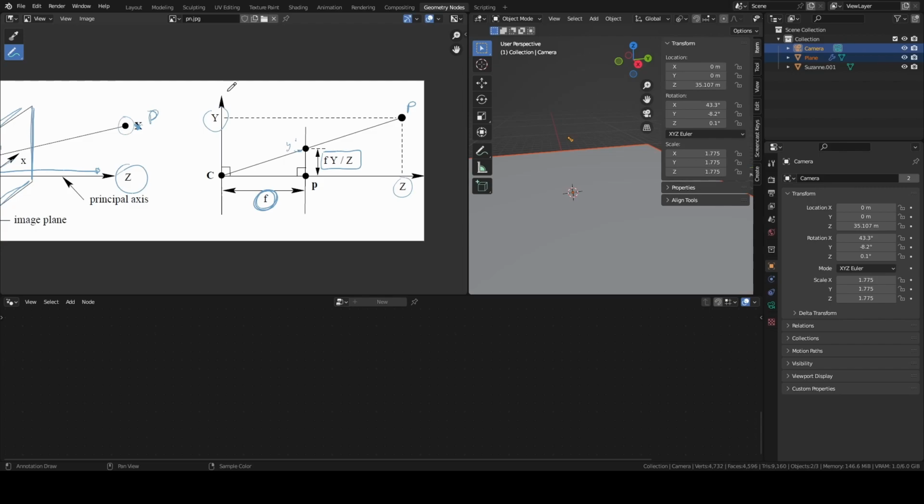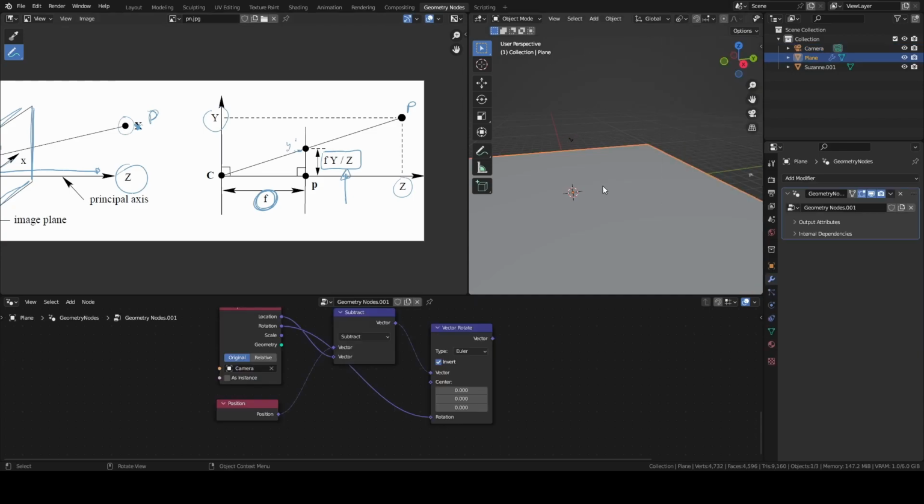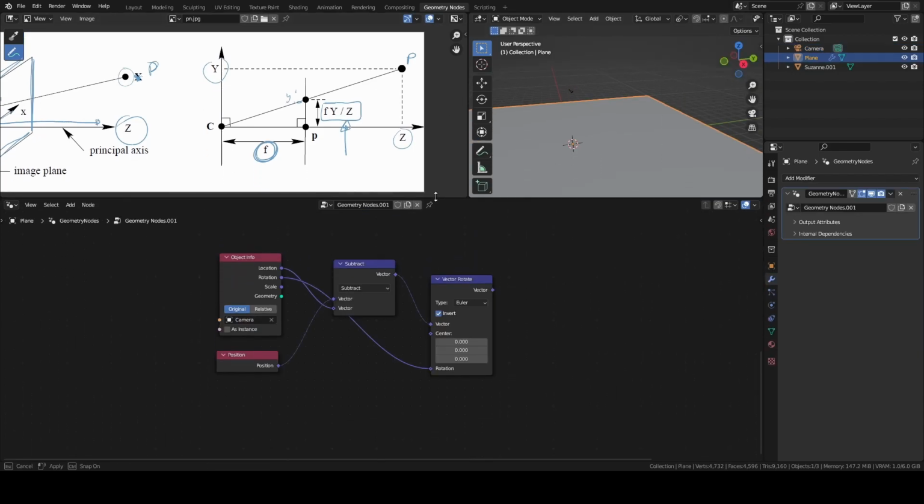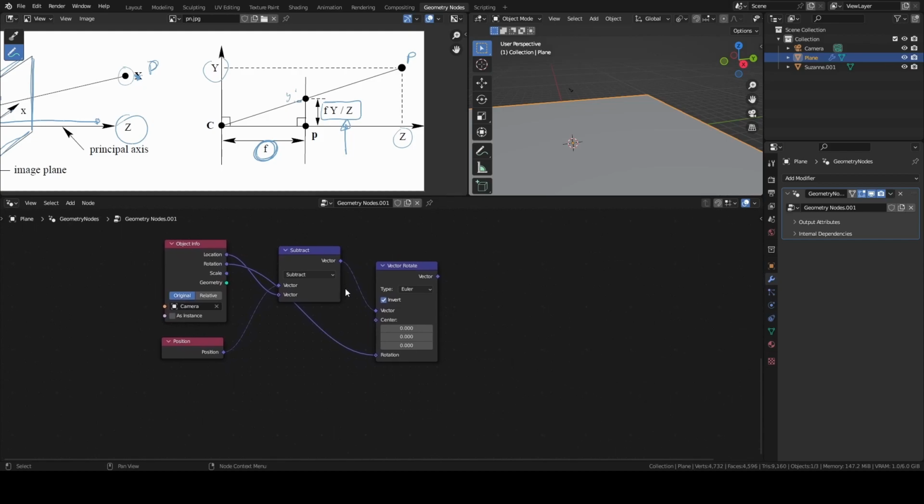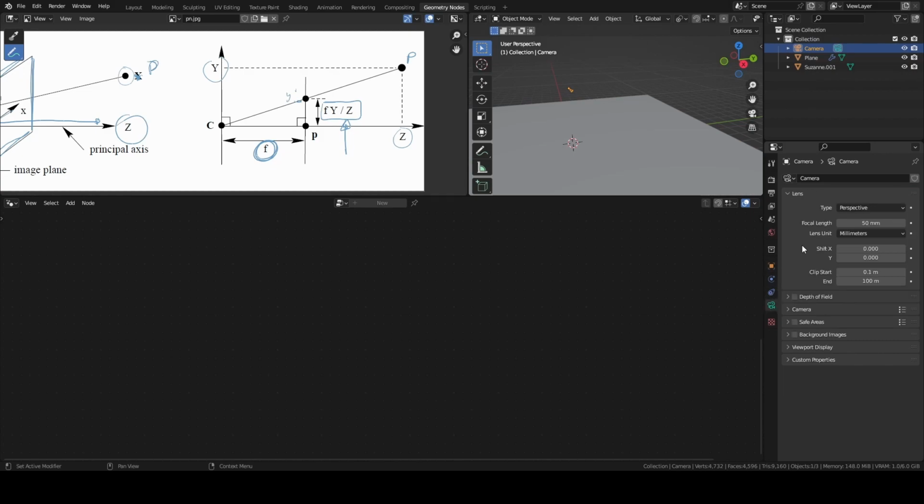So what I'm going to do now is to compute this value in Geometry Nodes. First of all, I need the focal length of the camera. So I will add a value node. Then I select the camera, I go to the camera properties.